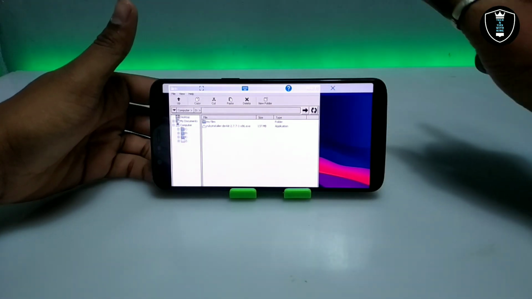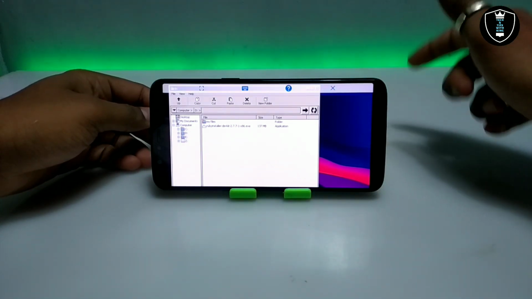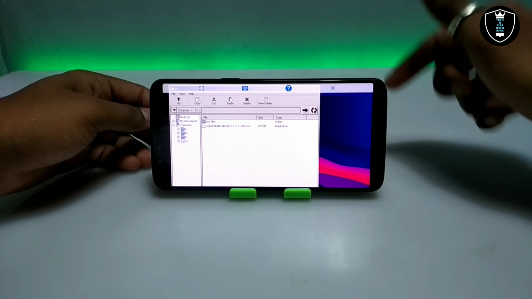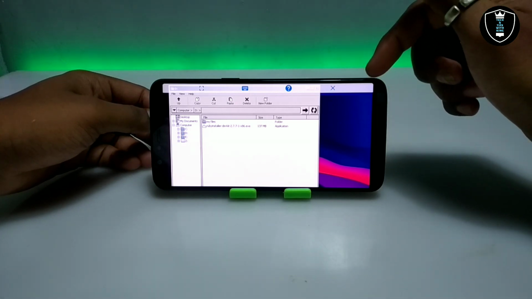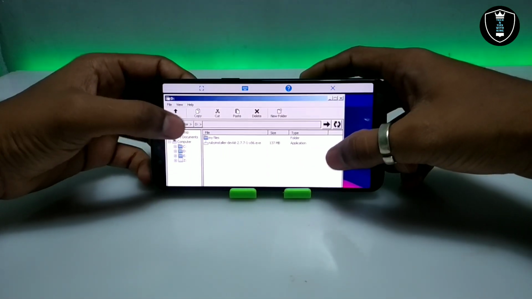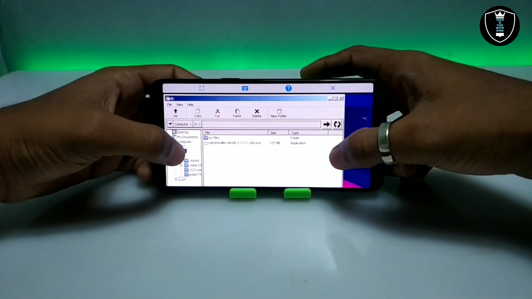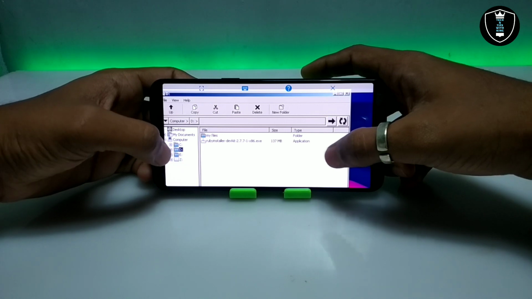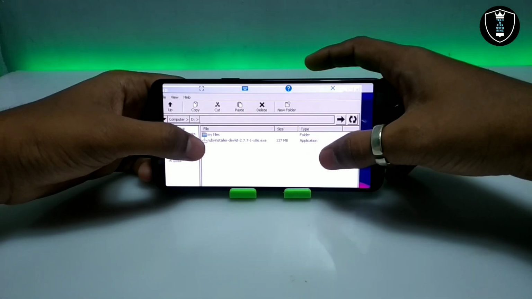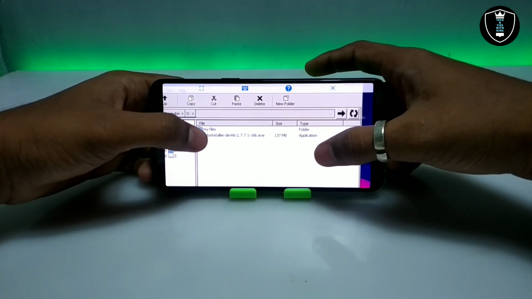And after downloading, make sure the setup file is in the download folder of your Android internal storage, because Exagear will only access the download folder of your Android internal storage. So as you can see, this is the file manager of the Exagear, and this is the D drive, and these are all the files of the download folder. Now you can see this is the Ruby installer devkit